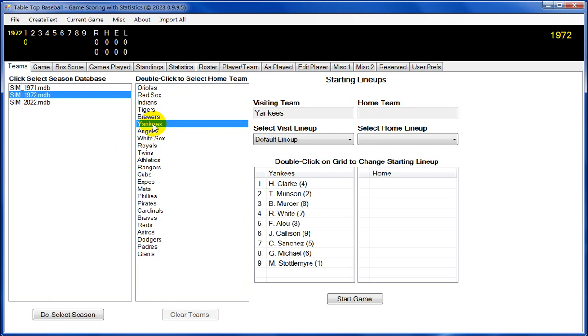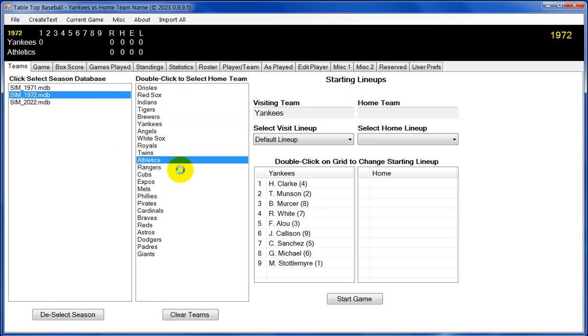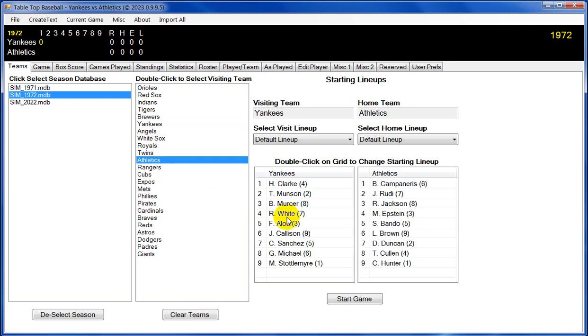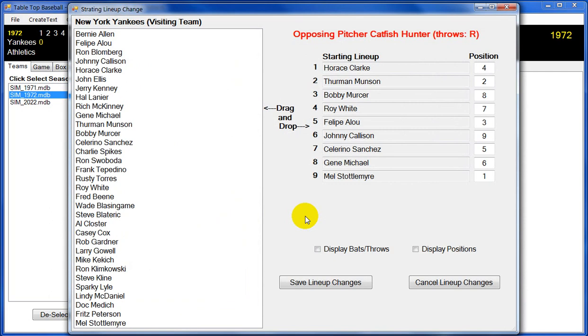team, so we'll make the Yankees the visiting team. Home team is the Athletics, so you just double click. To make any changes to the lineups, we would just double click on the lineup card, and we're going to replace Stottlemyre with Doc Medich. So we click on Doc Medich's name, and with the mouse button press, we drag and drop Medich where Stottlemyre